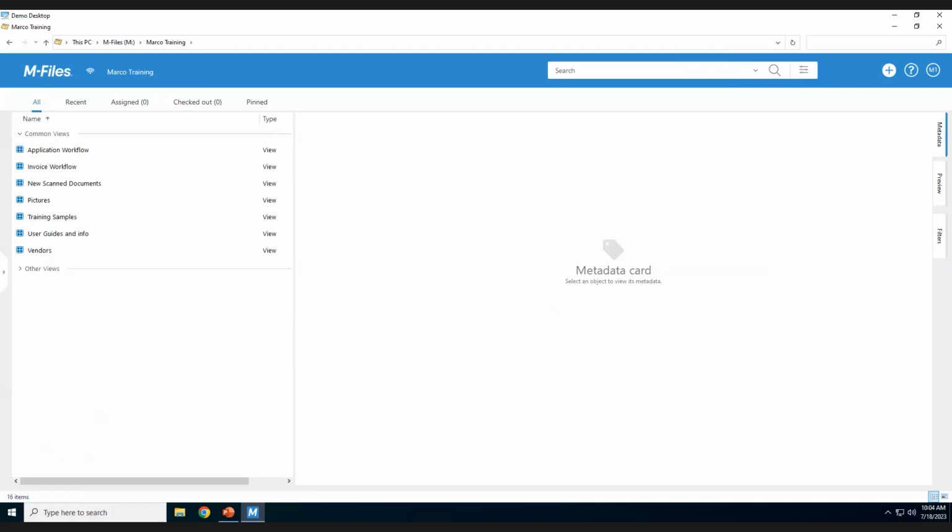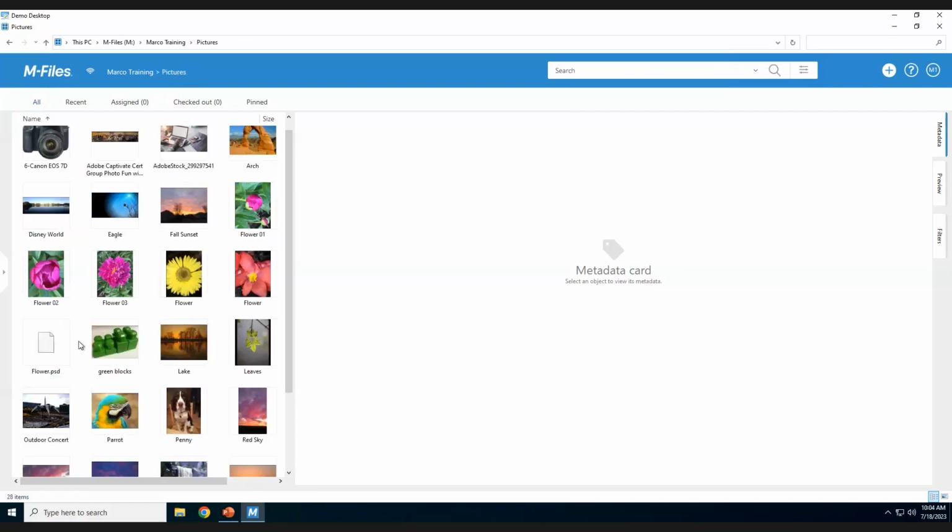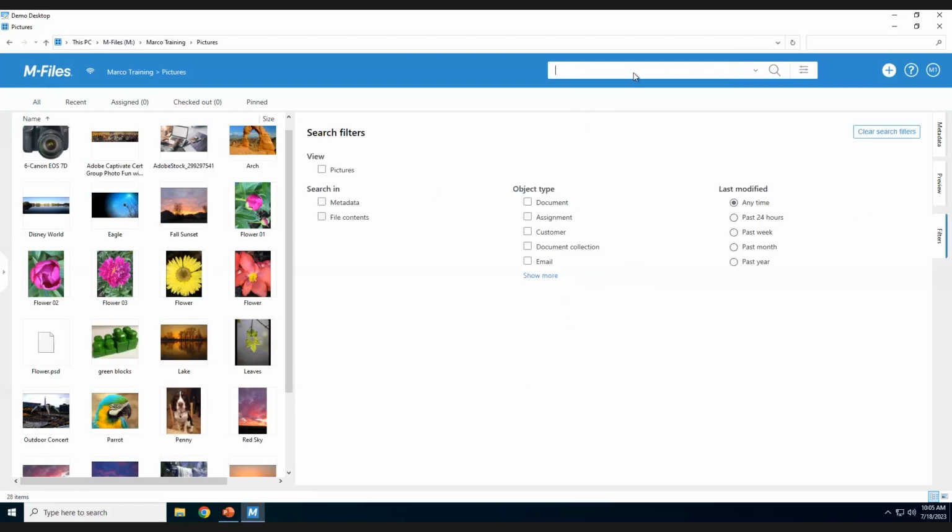Let's do another search. In this one, we're going to go into a view. I have a view called pictures. I'm going to double click on that view. That's going to bring up my pictures. When I go back to my quick search window and click, we're going to see a new choice in my filters. We now can control